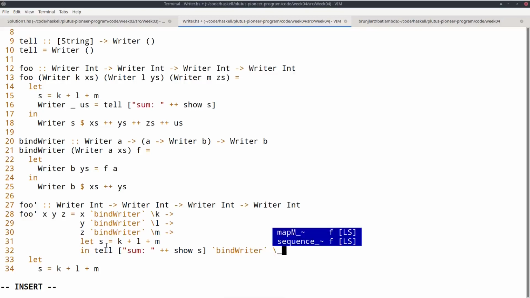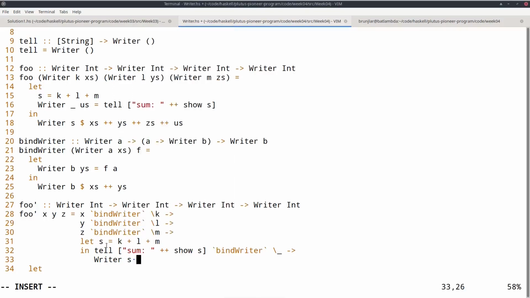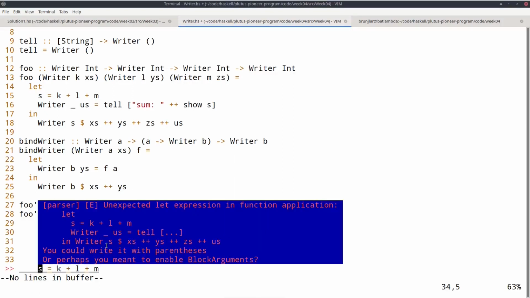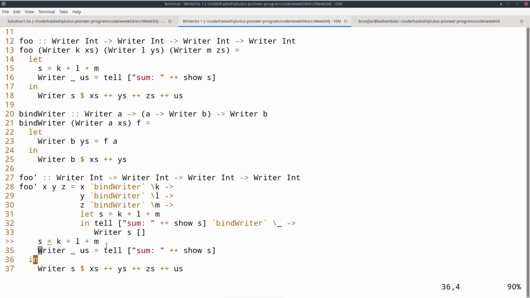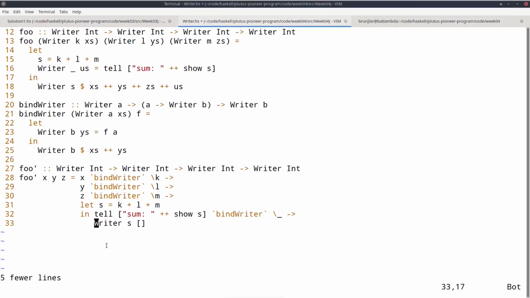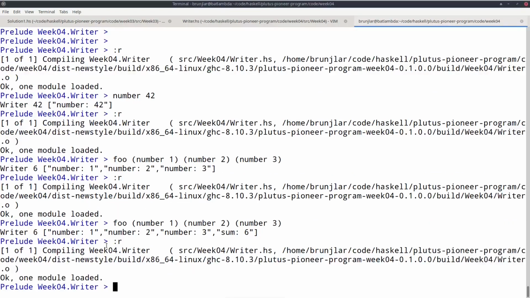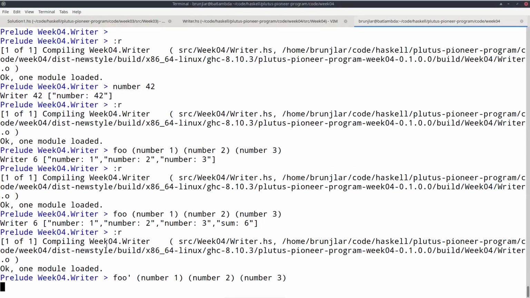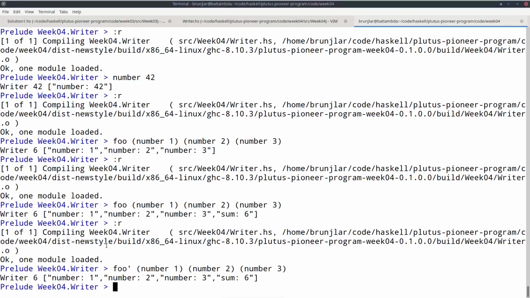And here I don't care about the result because tell doesn't produce a nice result. Now writer the sum and no log message. I must remove the rest here. Okay, and now what we did with foo before, we can do with foo prime, and we get the same result.